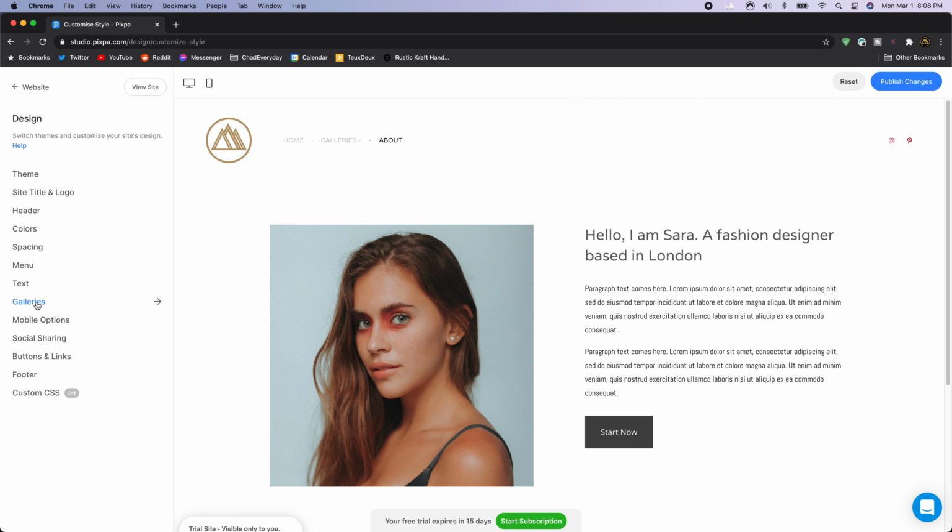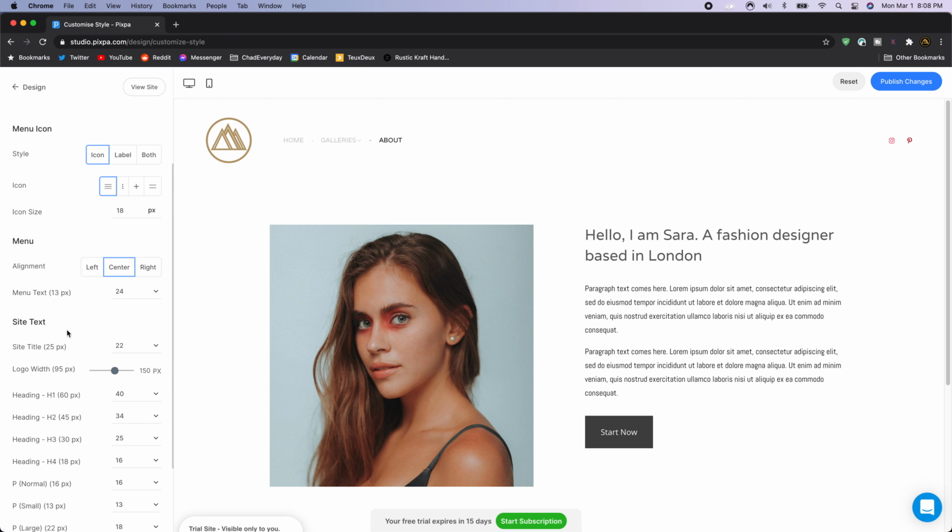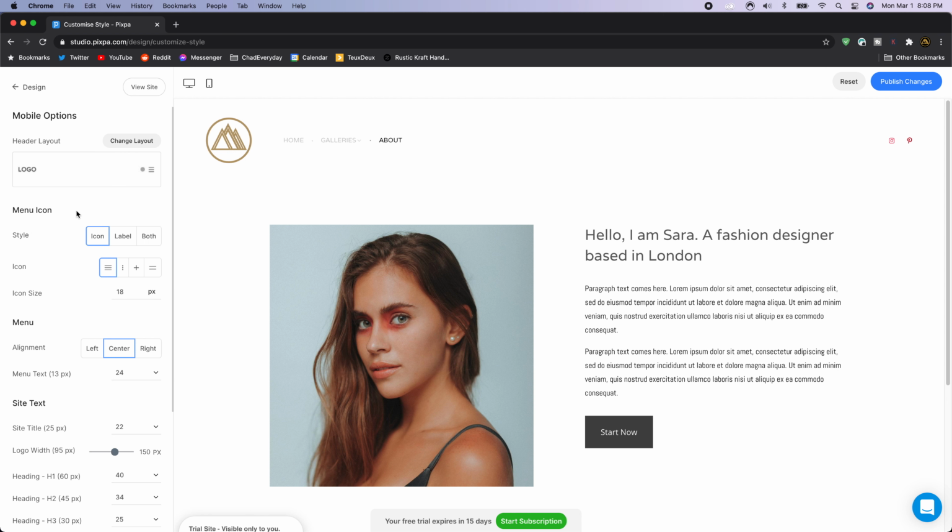We're going to skip galleries for right now because I'm going to show you how to edit some galleries in a moment. But let's go ahead and go to social sharing. Mobile options, by the way, controls all the things we just did on the desktop version, but strictly for mobile. So everything I already taught you as far as the header layout, the styles, the alignment, the text, and the